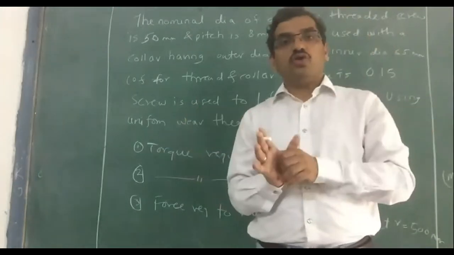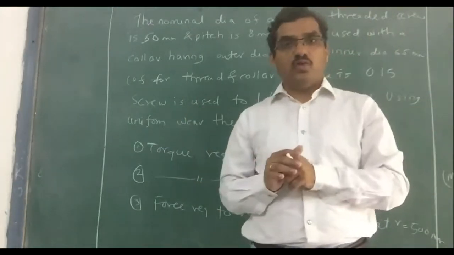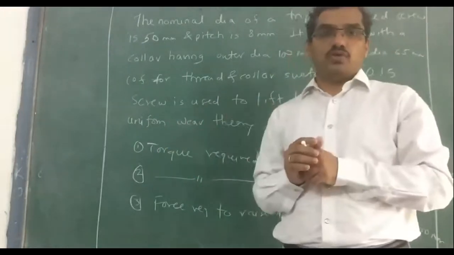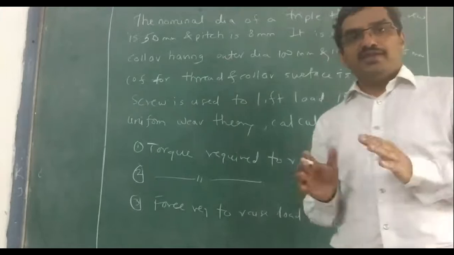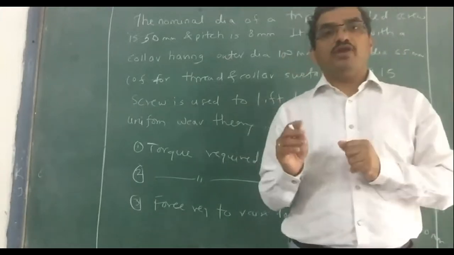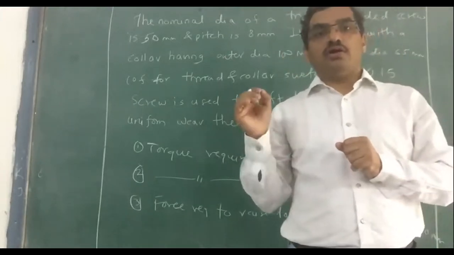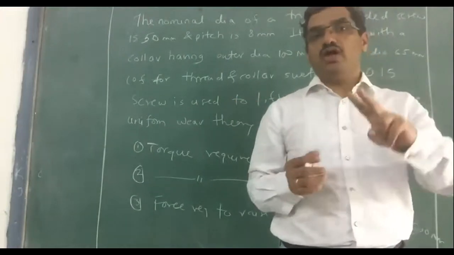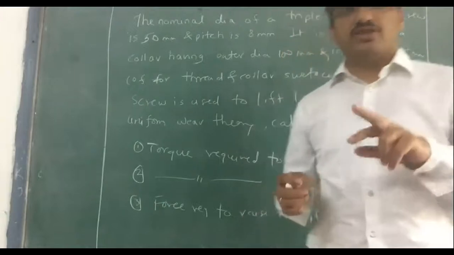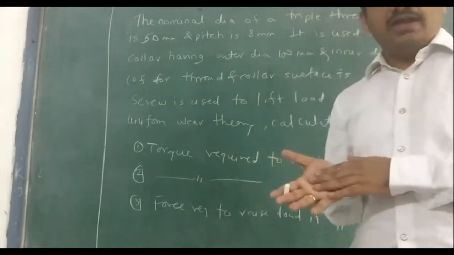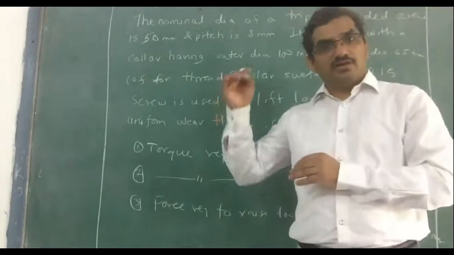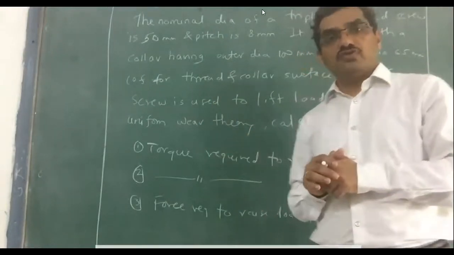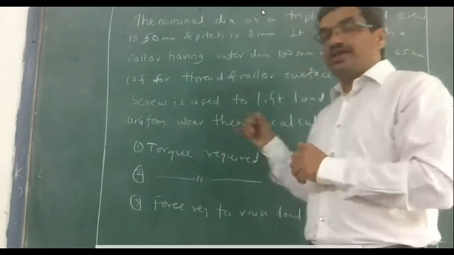So we will find the total torque required to raise or lower any load, and accordingly we will find the effort we need to raise or lower the load. I will repeat again. To raise or lower any load, we need to find the total torque required to overcome two frictions. There are two places where we have friction: one between the surfaces of the thread, and second between the collar and the cup. Both of these we have to work on. We know the formulas for those, and we will use them to calculate the total torque required, right? So we'll take a numerical on that.